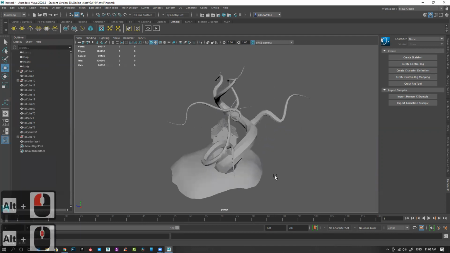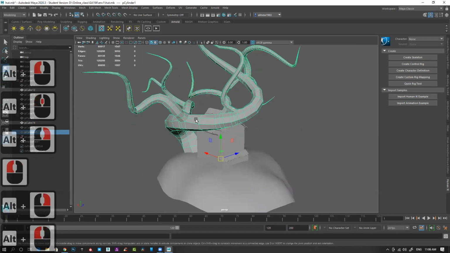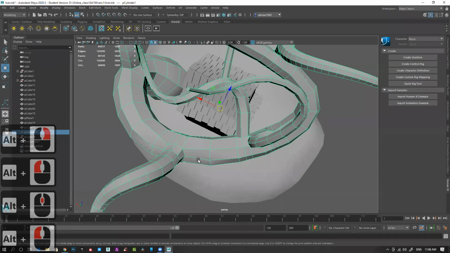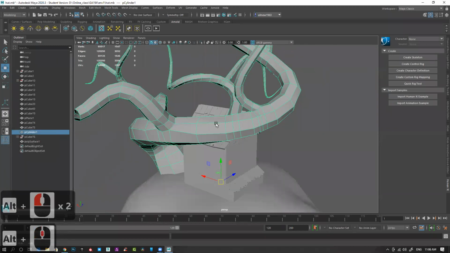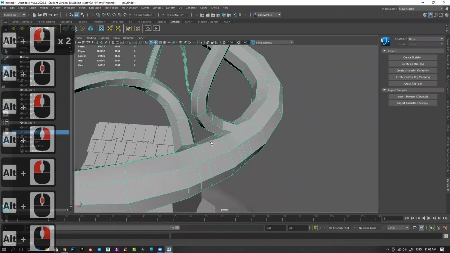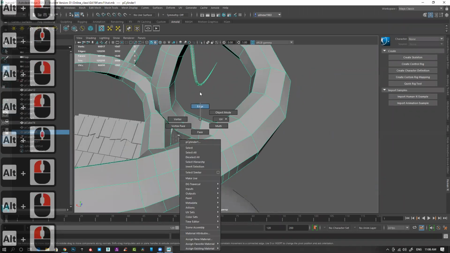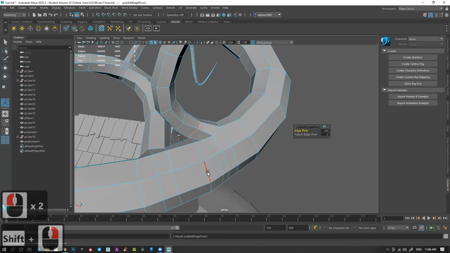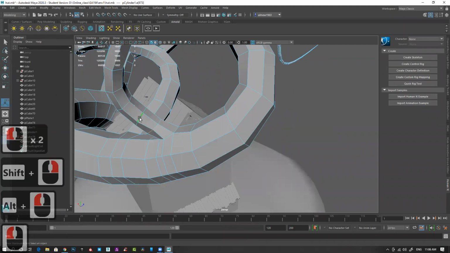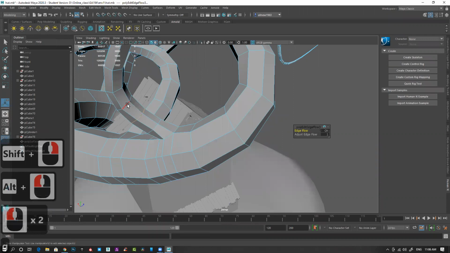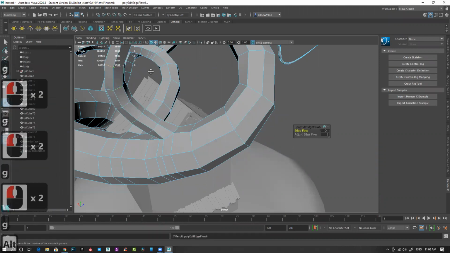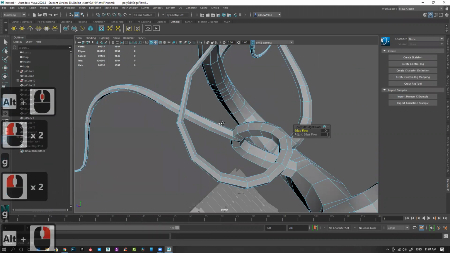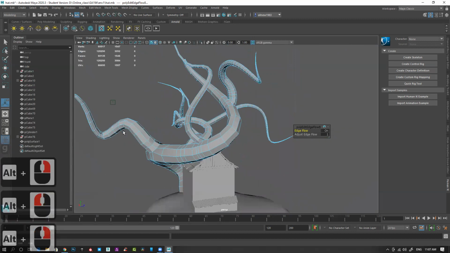edge flow. And edge flow is something that helps you in modeling as well. Suppose here you can see this area is a bit dense, this area is less dense, right? And there is a slight twist in the model, and a slight dent. Those things we can fix very easily. Double click to select the entire loop, shift, right click, edge flow. We'll fix that very easily. Double click, then press G, repeat last command, repeat last command, which will average out the edges and make the thing very clean and smooth.